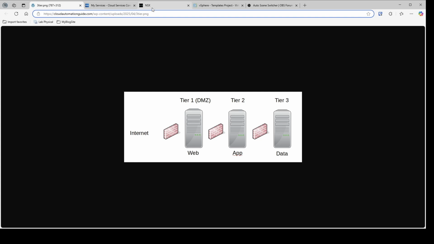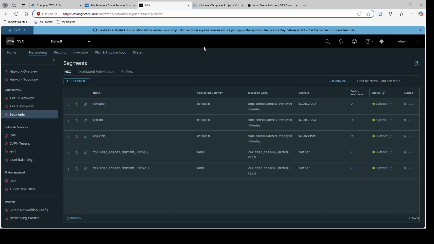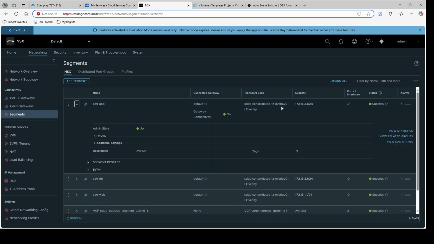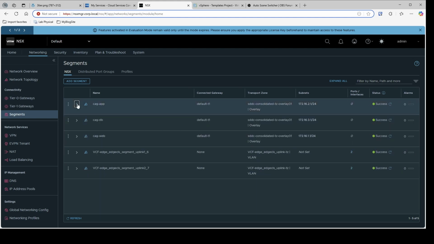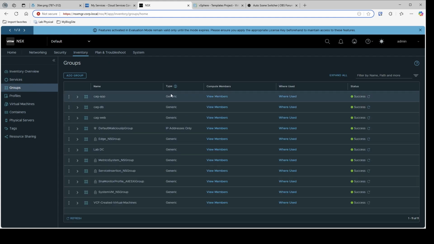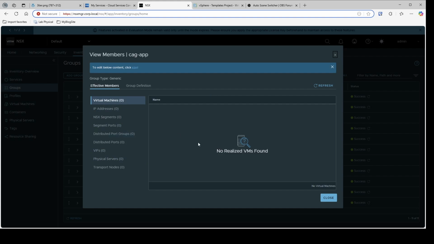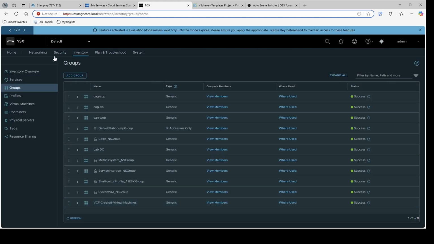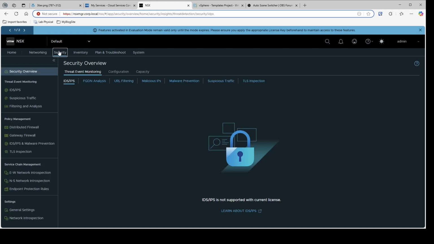So let's get started. First thing, let's look at NSX. All these virtual machines that we're deploying are going to be built on NSX segments. These are the 3 segments we're using: the Cloud Automation Group app, database, and web. Just basic NSX segments, nothing fancy here. And then we have to pre-build our application security groups. We do not have any members in these security groups, but we have the app, database, and web. Aria Automation, when it deploys the virtual machines, will populate this information, and then that all ends up flowing into our distributed firewall rules